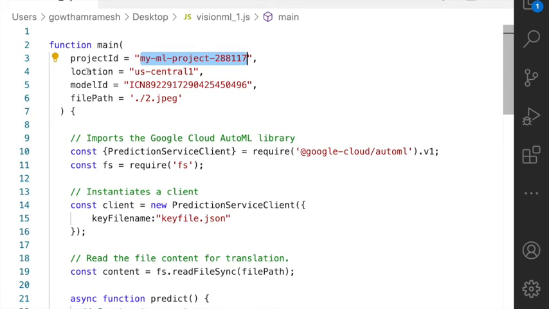The second parameter is the region. The region which we selected while creating the model is US Central 1. The third parameter is the model ID. If you generate any model by using Vision API, the model can be uniquely identified by its corresponding ID. So where do we get this ID?